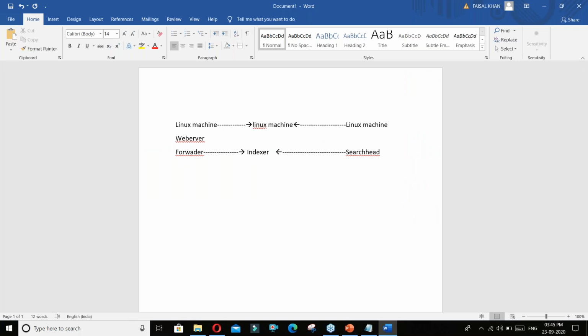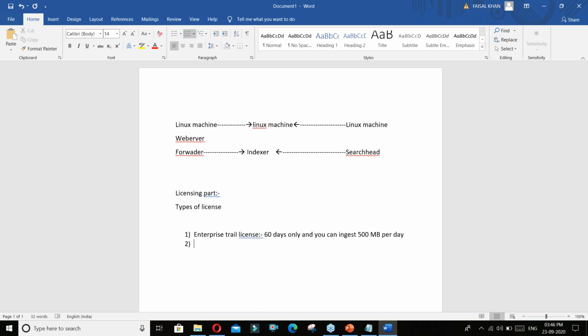So let's talk about licensing, how the licensing part works. Whenever you download Splunk, it comes with an Enterprise Trial license. It is valid for 60 days only, and you can ingest only 500 MB. This Enterprise Trial license is for limited use. Whenever you download it, it will automatically come with this.